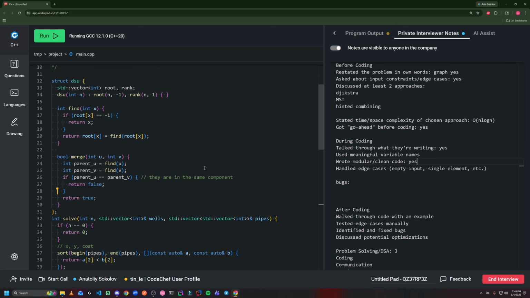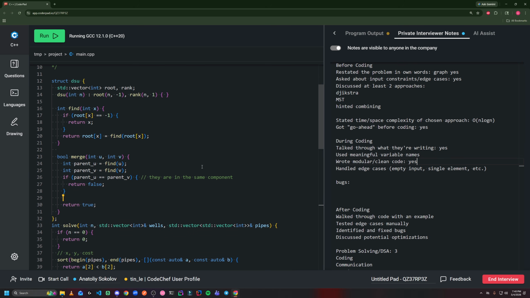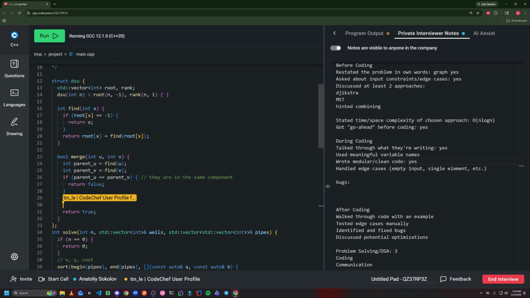If they are in different components, we are going to return true, and then root of parent v is equal to root parent u. Then for faster compression, we can